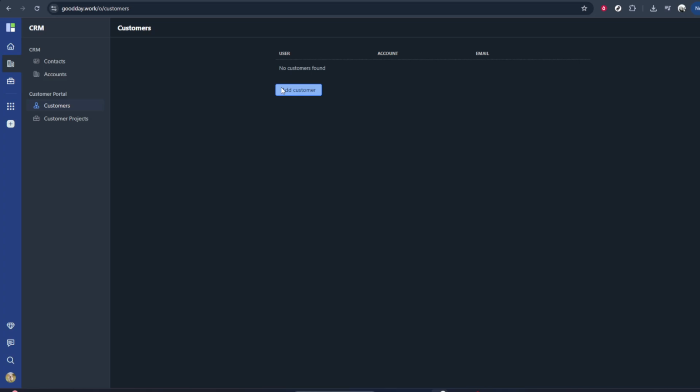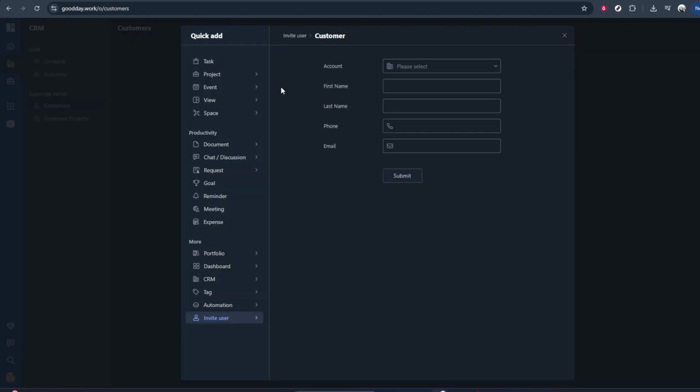your team. As you fill in the details, follow the on-screen prompts that GoodDay provides. These prompts may guide you through required fields, suggest additional information, or highlight missing data before you can save the customer. If the system indicates that a field is mandatory, make sure to complete it so there are no errors